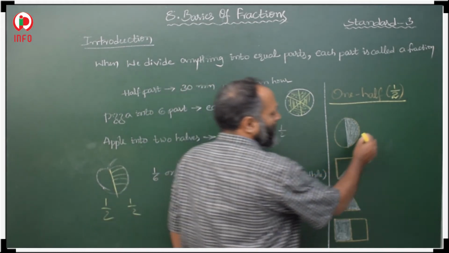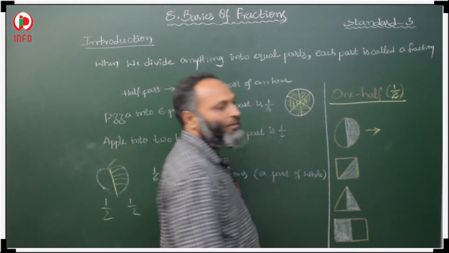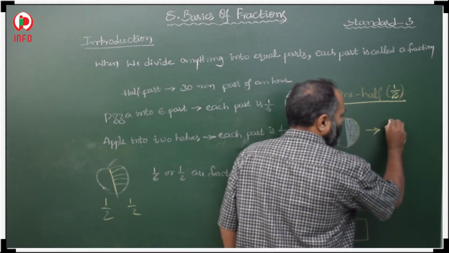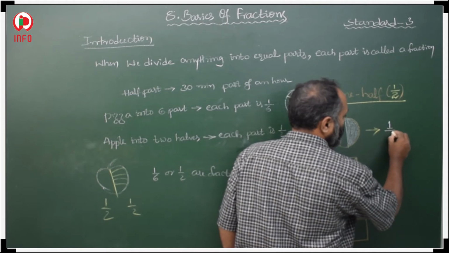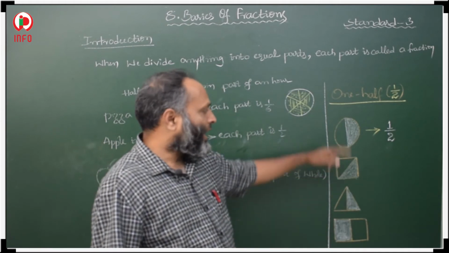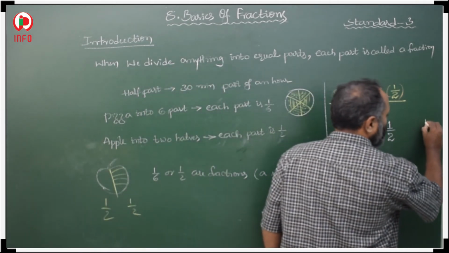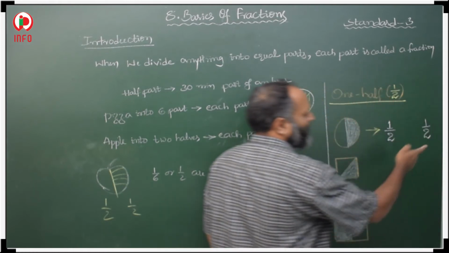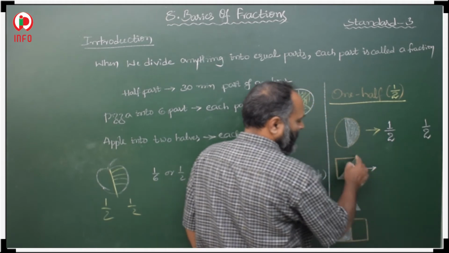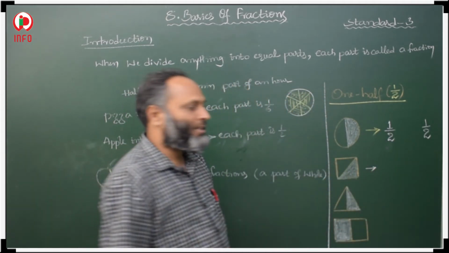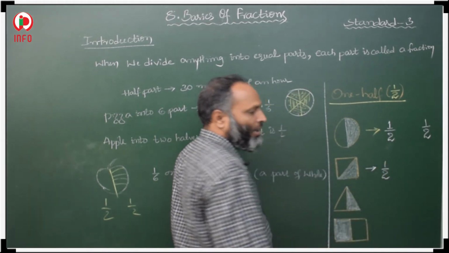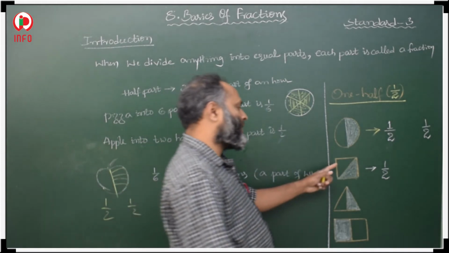Then this is a circle. We are dividing this circle into 2 halves. So what is the shaded portion? Out of 2 portions, 1 portion is shaded. 1 portion is shaded in 2 parts. Then 1 by 2. The shaded portion is 1 by 2. The unshaded portion is also 1 by 2. Shaded and unshaded are both the same, half only. Here in this square, we make 2 equal parts. In that, 1 part is shaded, 1 part out of 2 parts. That is 1/2. So the unshaded is also 1 by 2.